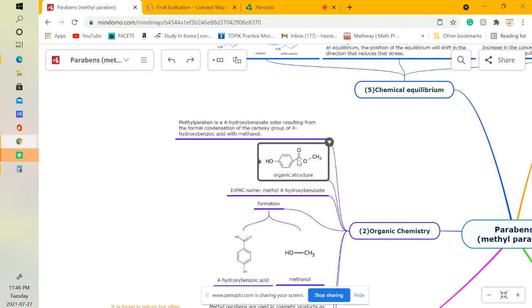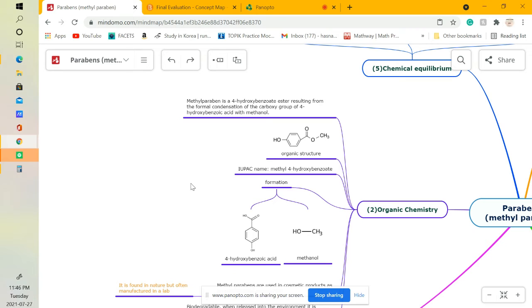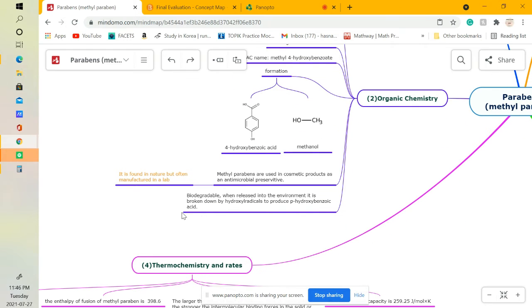This is the organic structure, and it's worth noting that methylparaben is a 4-hydroxybenzoate ester, resulting from the formal condensation, which means there's going to be a byproduct of H2O, of the carboxy group of 4-hydroxybenzoic acid and methanol. So it is naturally found, but it is mostly manufactured in a lab because it's easier